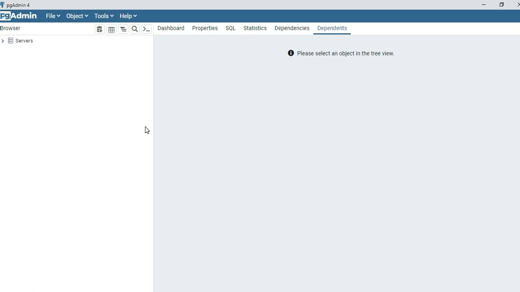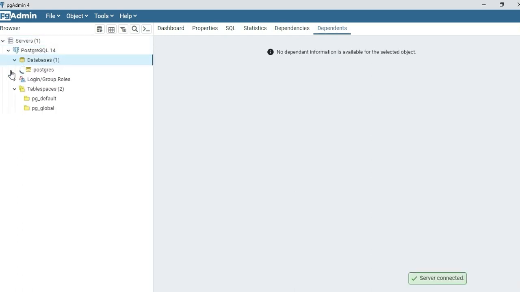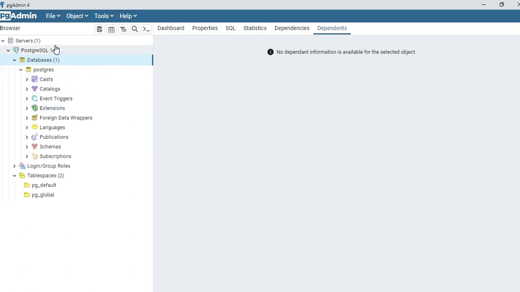Click on OK. Once this is done, you can see there is one server only, and the server name is PostgreSQL server, and there is a database which is already created, which is the Postgres